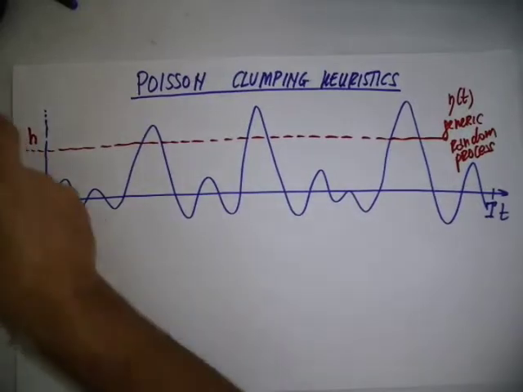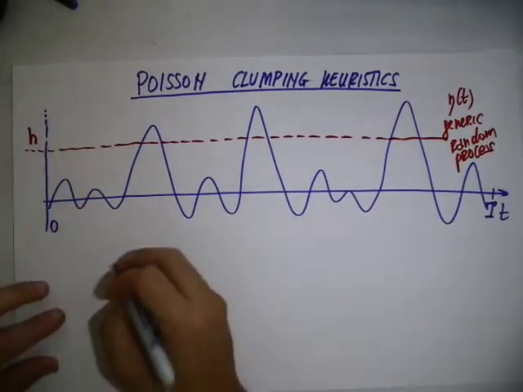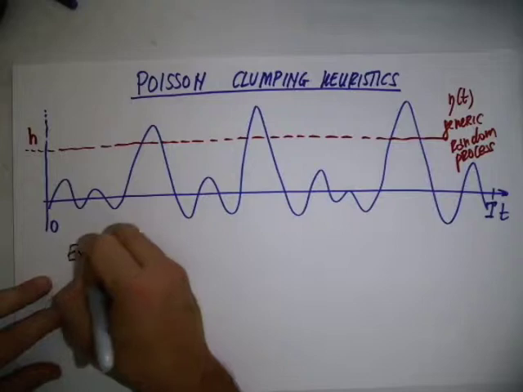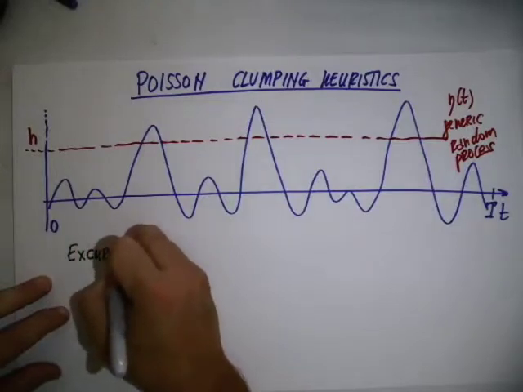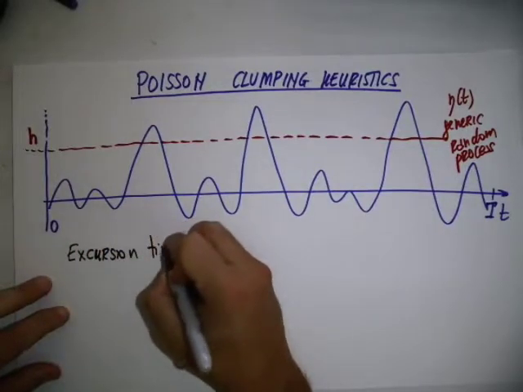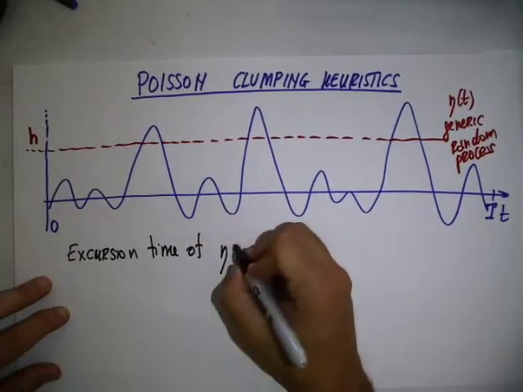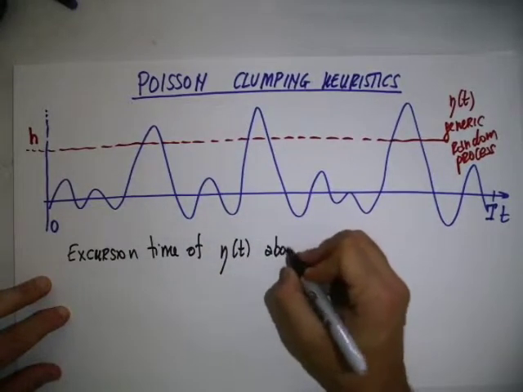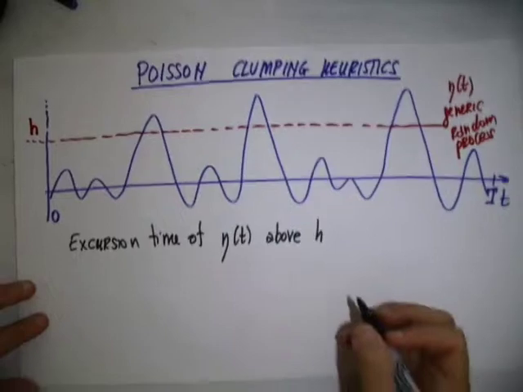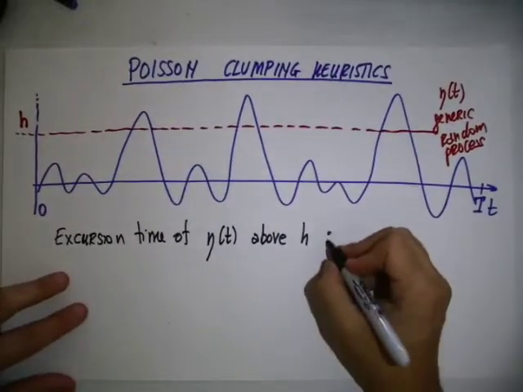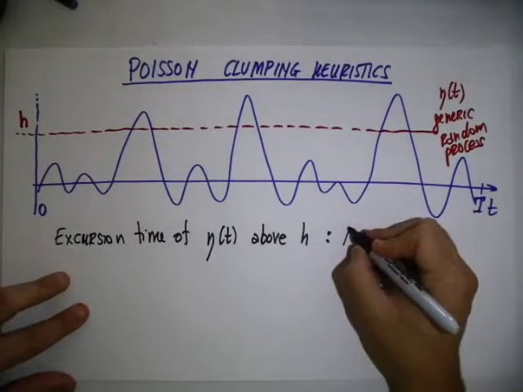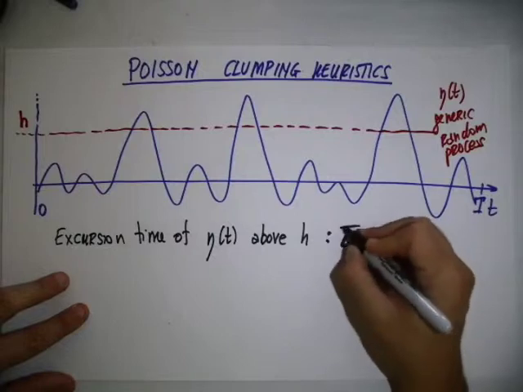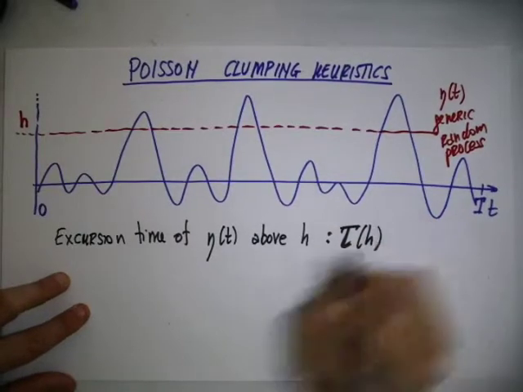Now I can compute the excursion time of eta t above h. I'm going to call this time tau of h,